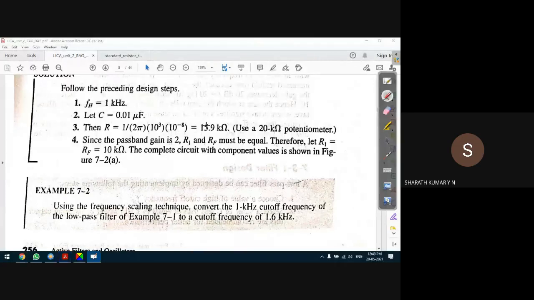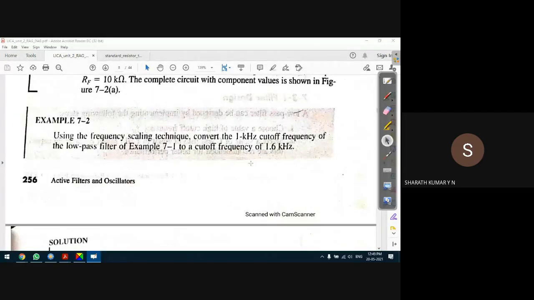So the R value is calculated like this. The passband gain is 2. So 1 plus RF by R1 must be equal to 2. If you take R1 as 10 kilo ohm, then RF is also equal to 10 kilo ohm. Very simple. So that's how we can design a first order low pass Butterworth